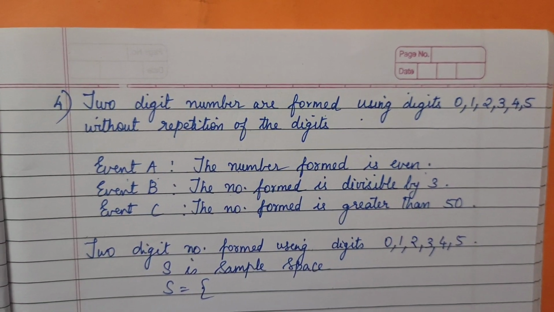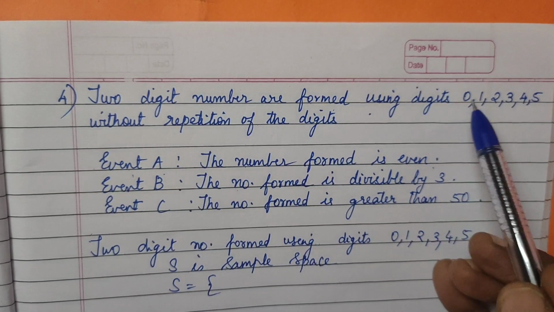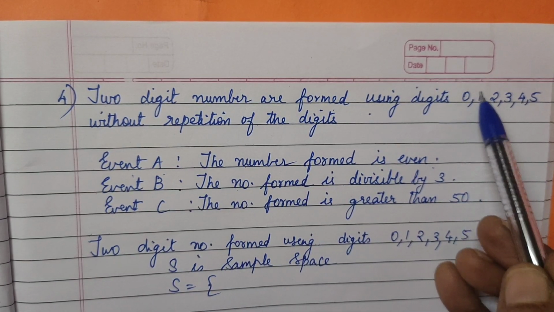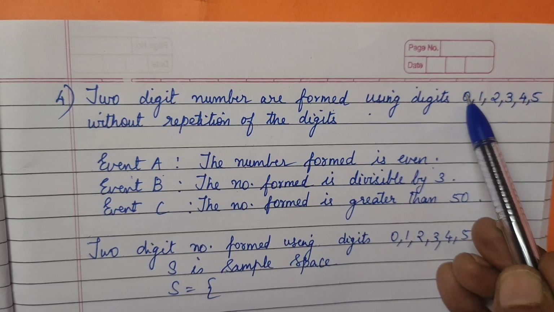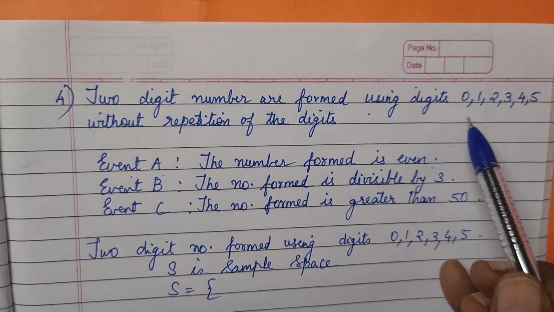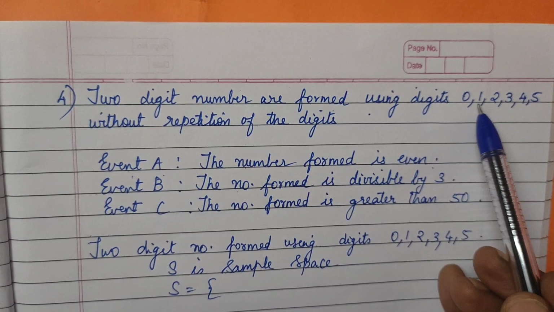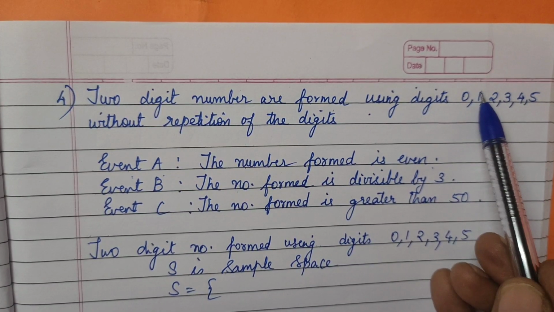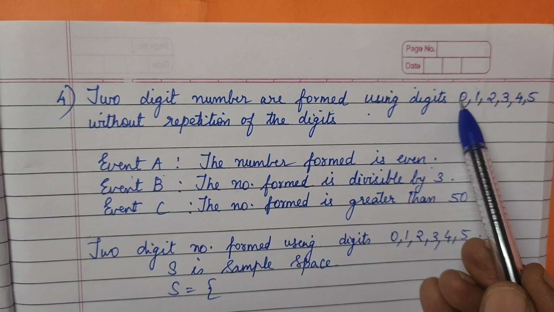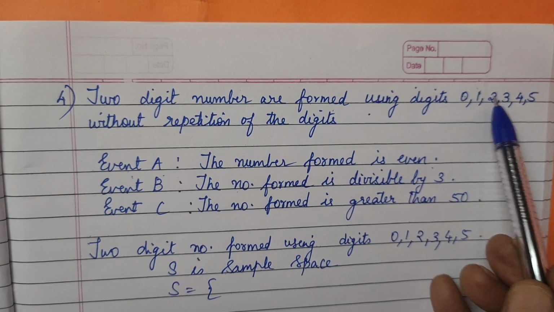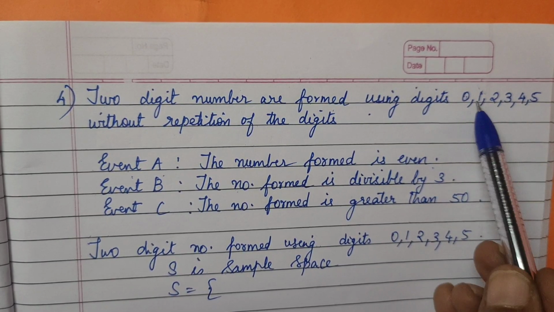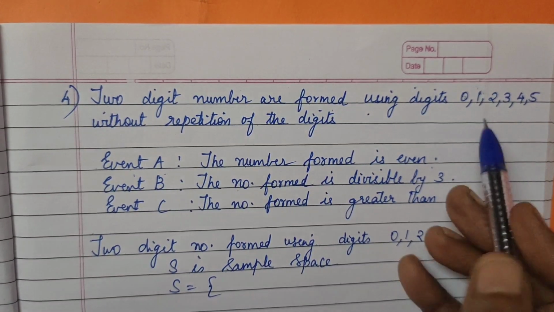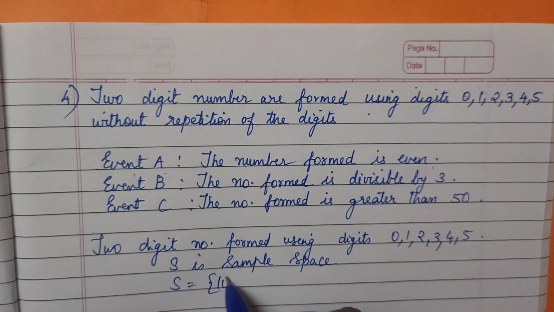So here, see, if we form a number like this, 0 1, 0 2, no number can start with the 0. So we cannot write it like this. So what we will be doing, we will start from 1. So all the numbers with the 1 we will complete. So as I said, 1 0.